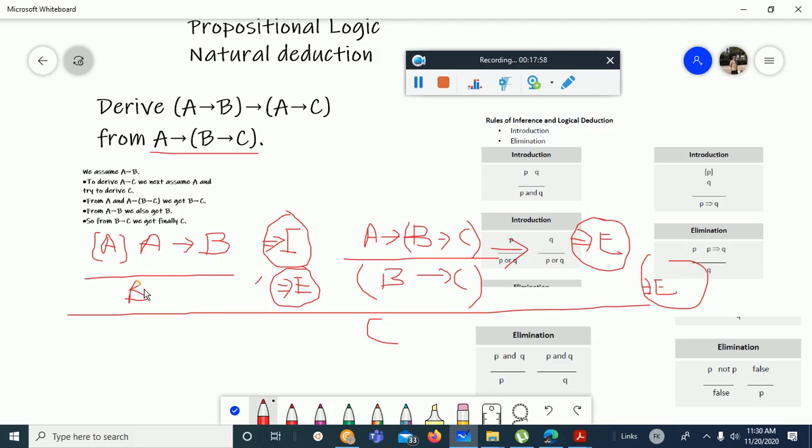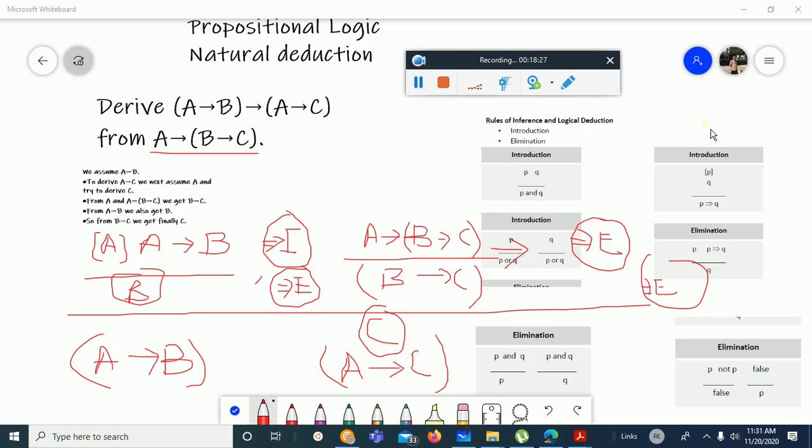So from this B we can write A implies B, and from this C we can write A implies C. So by introduction, if we have P then Q, then we can say P implies Q. So here, if we have P and Q, then we can say P implies Q, which is the desired result. Now